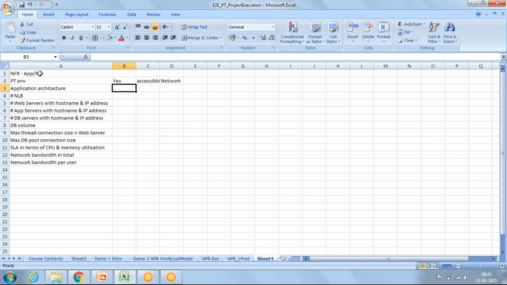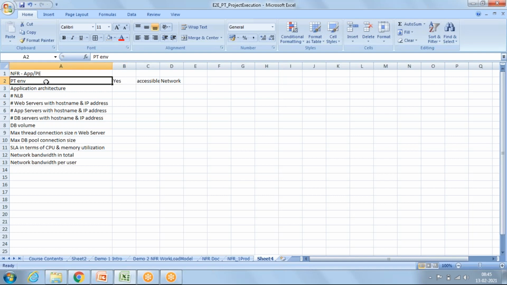When you consider some application for PE, you have to focus on the networking part, configuration part, server part, and bandwidth, latency, application, database, even middleware. Everyone is responsible for their work.